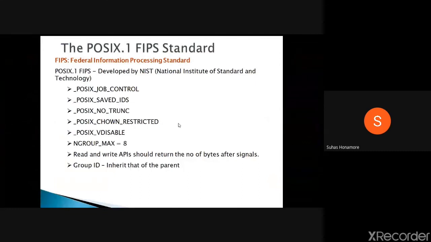This standard is developed by NIST, that is National Institute of Standards and Technology, in the US Department of Commerce. So they developed these things.